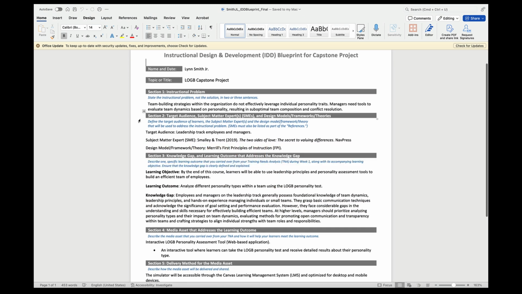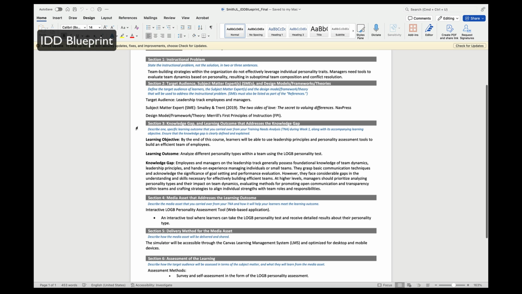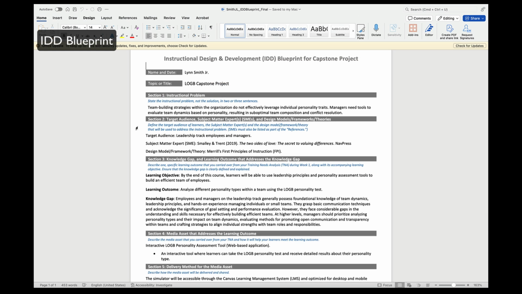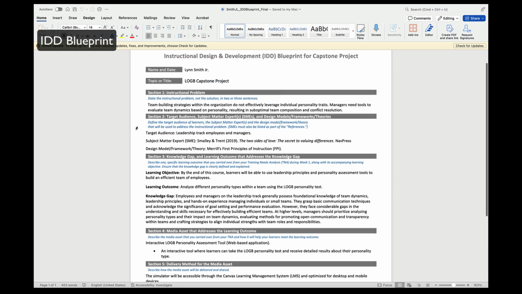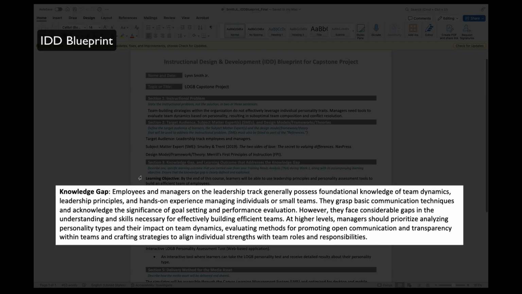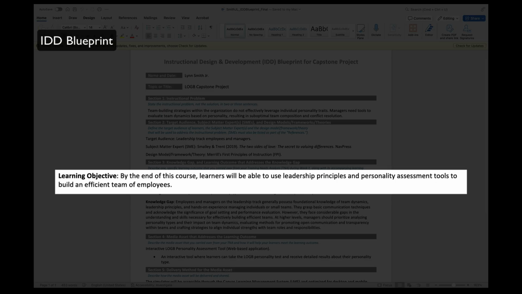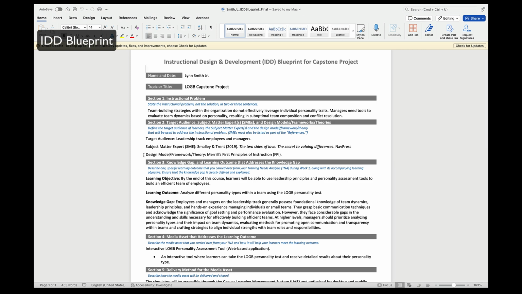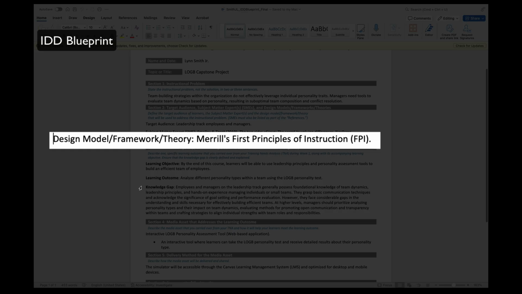The comprehensive development process, which includes the TNA, FPI diagram, and HTA, significantly shaped the final IDD blueprint. The TNA established the foundation by identifying both the target audience, leadership track employees and managers, and the specific knowledge gap, the ineffective use of personality traits in team building. These insights directly inform the blueprint's learning objective, enabling learners to apply leadership principles and personality assessment tools to build effective teams. The FPI diagram instructional framework guided the selection of Merrill's first principles of instruction as a primary design